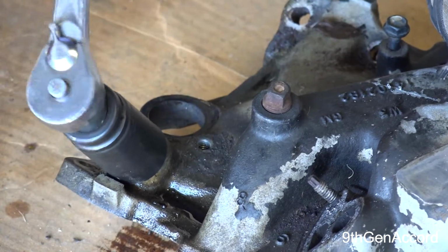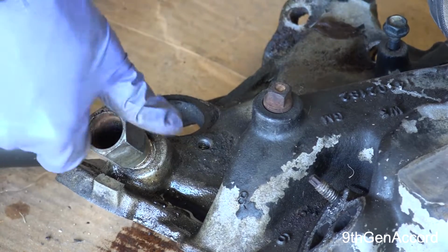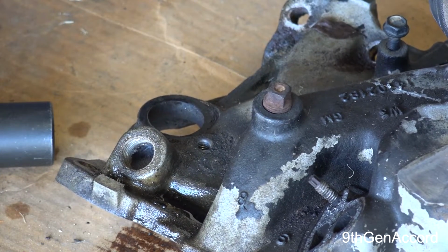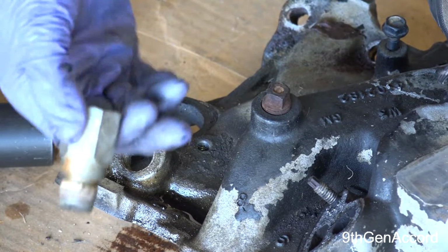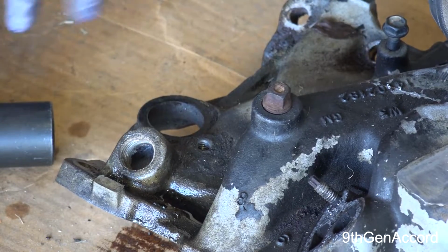All right, this doesn't usually happen like this. Okay, it came out. Don't expect yours to come out. This is just cheap pot metal. So anyway,